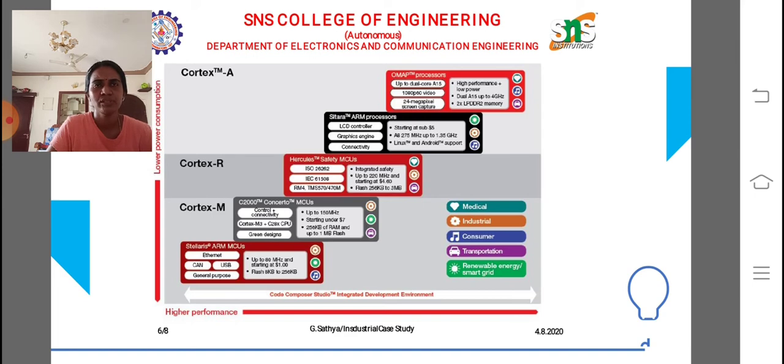So we are using the Cortex M series. These are all the different solutions for our problem, based on the customer requirement. We are choosing Cortex A, M, and R series, and we are using different communication protocols also. Based on the operation, performance, and purpose, we are choosing different bus communication units also.